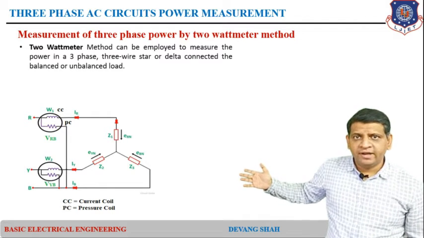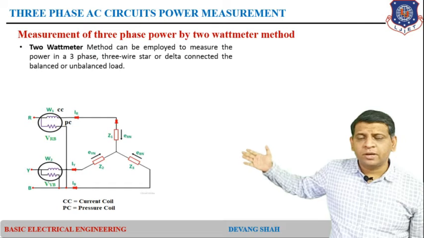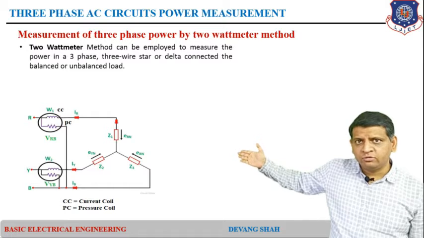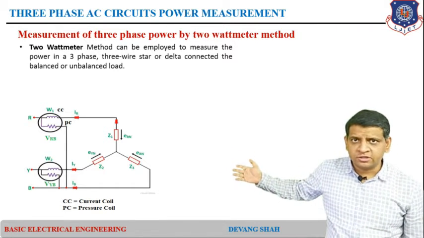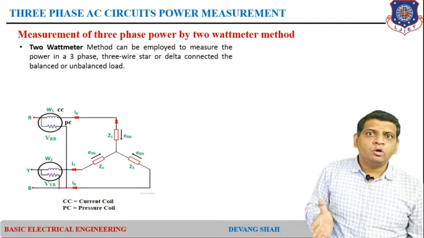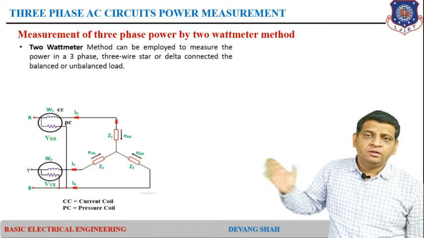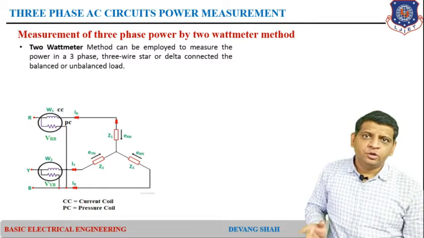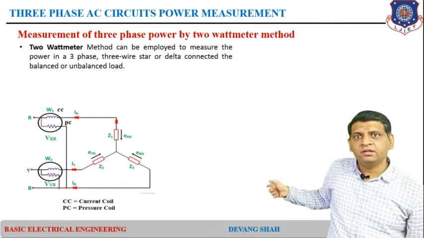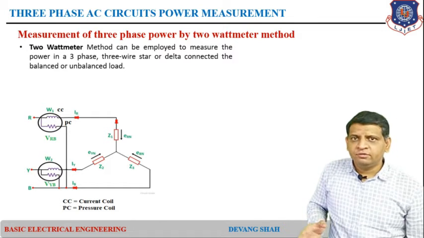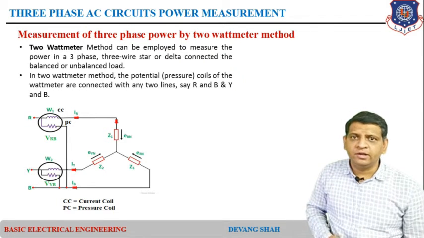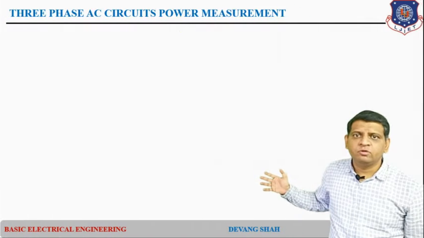Here 2 wattmeters are connected. So, my job is to find W1 and W2, where W1 has 2 components: one is called a current coil, another is called a pressure coil. For W1, the current IR is passing through the current coil, and the voltage drop across the pressure coil of W1 is nothing but VRB. This VRB means one end of the pressure coil is connected to the red phase and the other end is connected to the blue phase, which is left without any wattmeter. The same way for W2. So, you can easily find this particular equation. Let us start and derive the equation for the 2 wattmeter method.